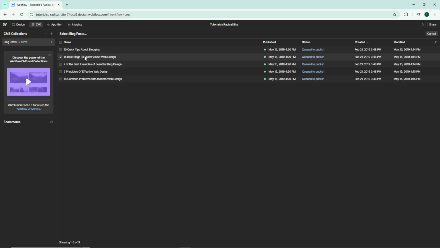With selection mode now active, check the boxes next to the CMS items you want to delete. You can select as many items as you need to remove. This is particularly helpful when you're doing a major cleanup of your database or removing an entire category of outdated content. After you've selected all the items you want to remove, look again at the upper right corner of the